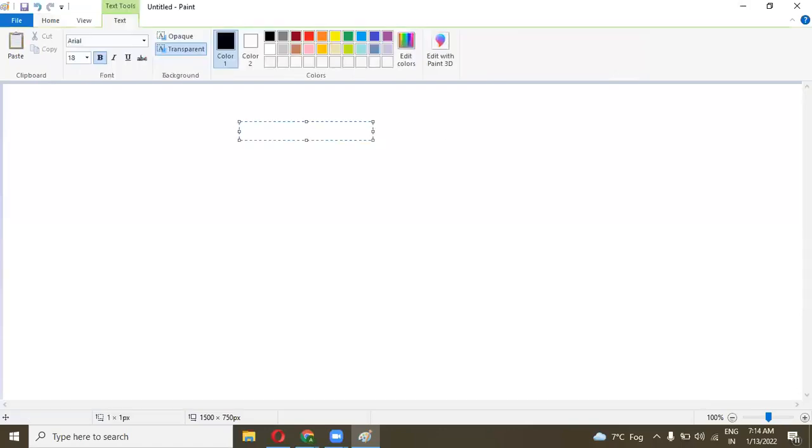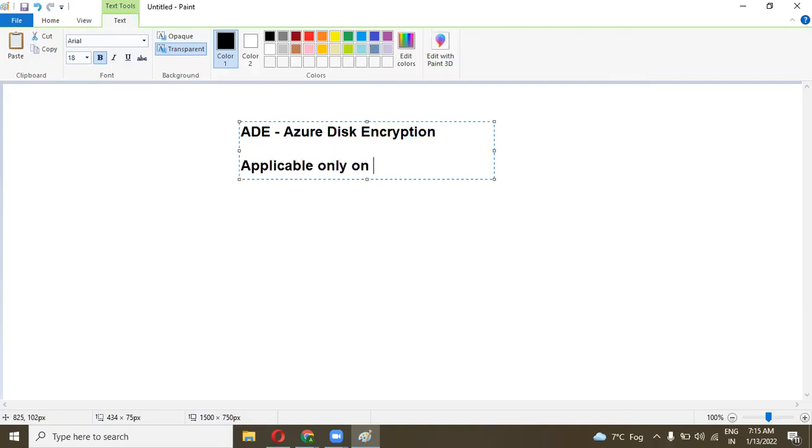ADE is Azure Disk Encryption and we can only apply it to a managed disk. It is applicable only on the managed disk. Whenever we encrypt an Azure disk, it also requires enough RAM on the virtual machine.